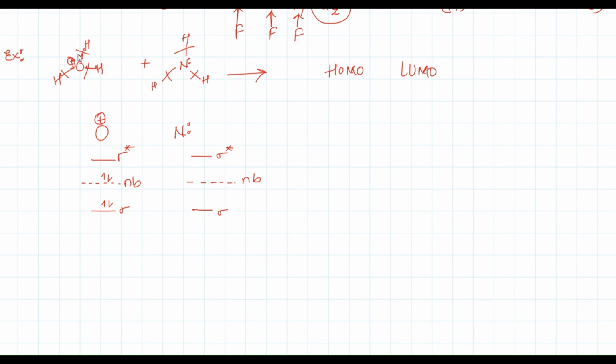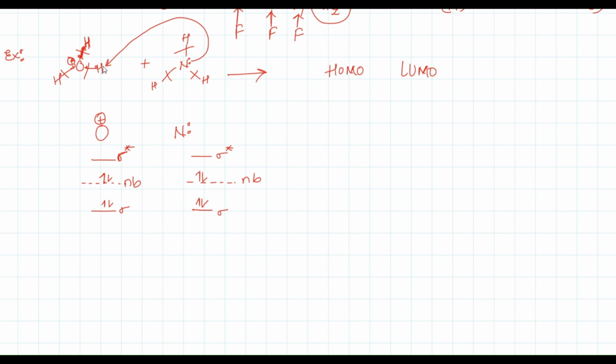The non-bonding electrons are bonded with hydrogen. Hence it is also filled. The vacant orbital is there in sigma. In nitrogen, sigma electrons were there and non-bonding electrons were there. How will the electrons shift? From non-bonding, we know that it will abstract the proton, right? Because oxygen is highly electronegative and it is satisfied with the two bonding pairs of electrons and two non-bonding pairs of electrons. Hence the non-bonding electrons of nitrogen will abstract the